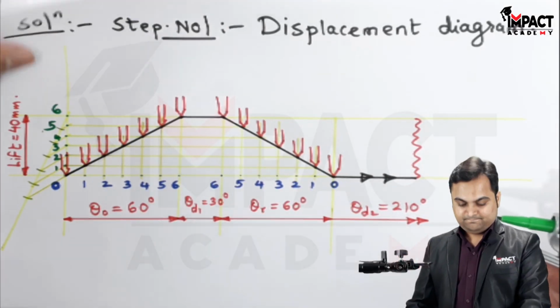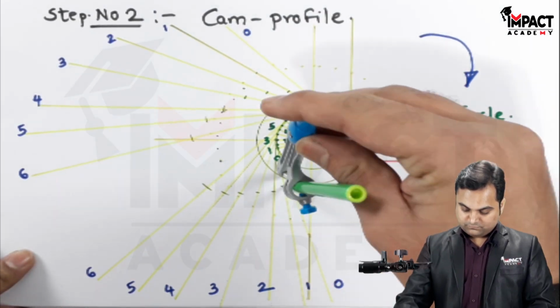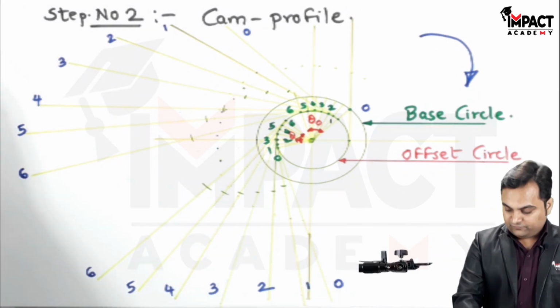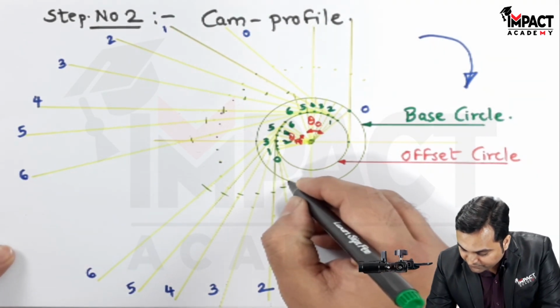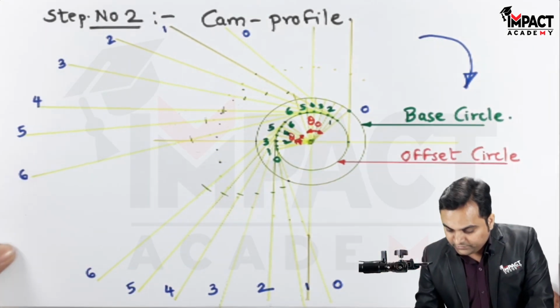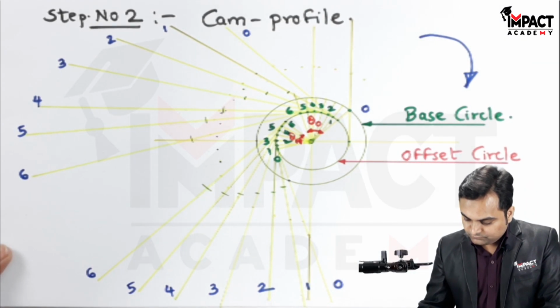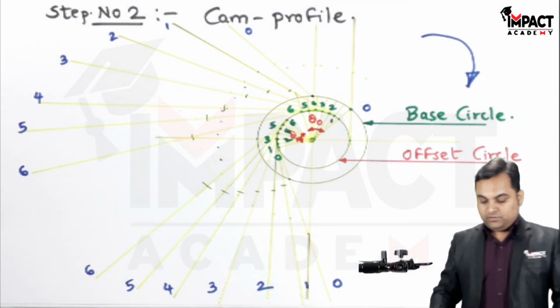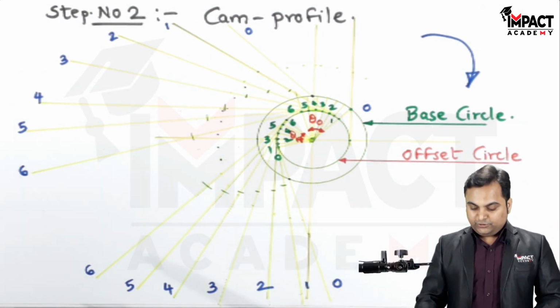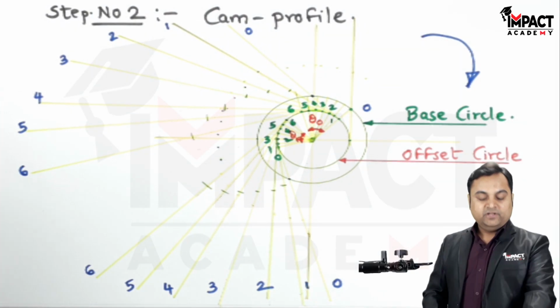Point 1. And finally 0, which would be ending over here onto the base circle itself, where it is cutting the base circle. Similarly over here. Now all these points need to be joined in order with the help of a smooth curve